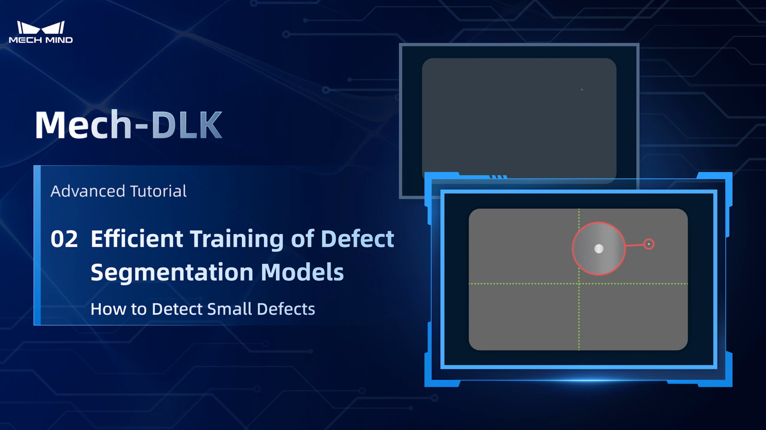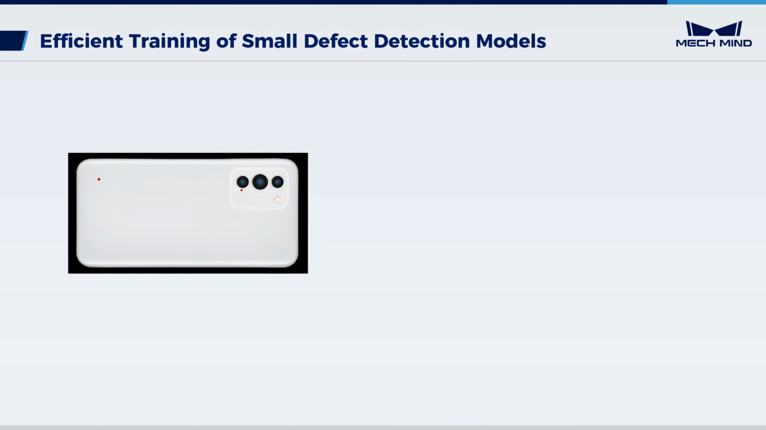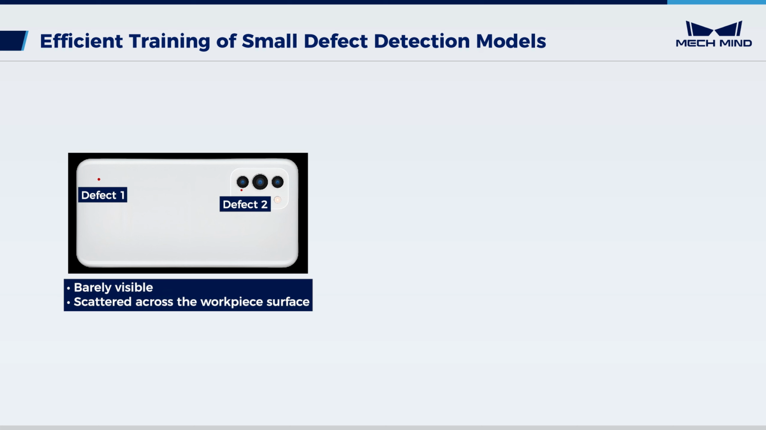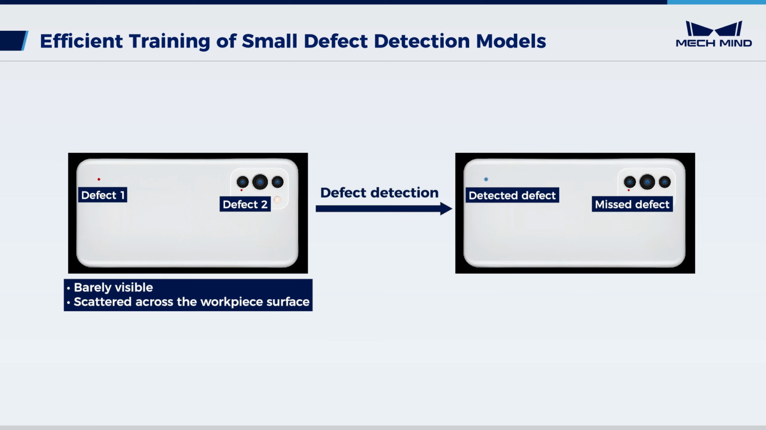This video demonstrates how to efficiently label and train defect segmentation models using Mech-DLK to accurately detect small surface defects on workpieces. In such tasks, the defects are often extremely small and scattered across the surface. As a result, training directly on the original images often yields poor performance, since the model fails to recognize their